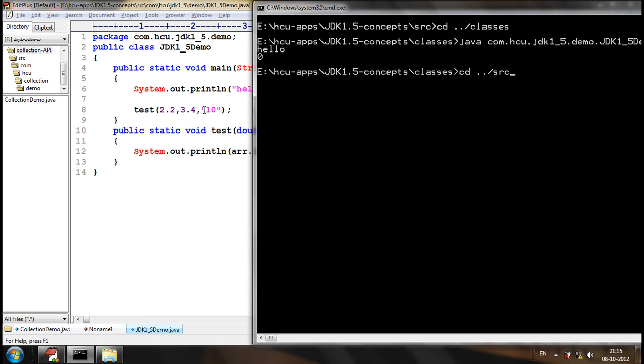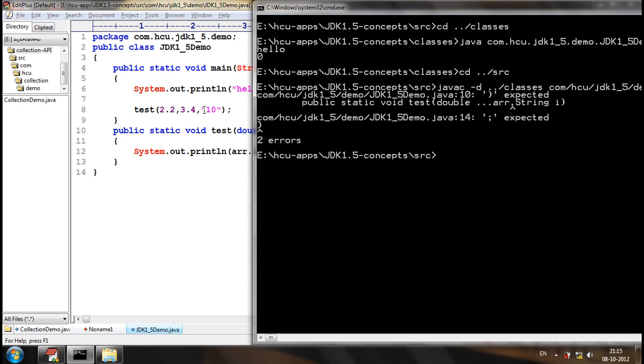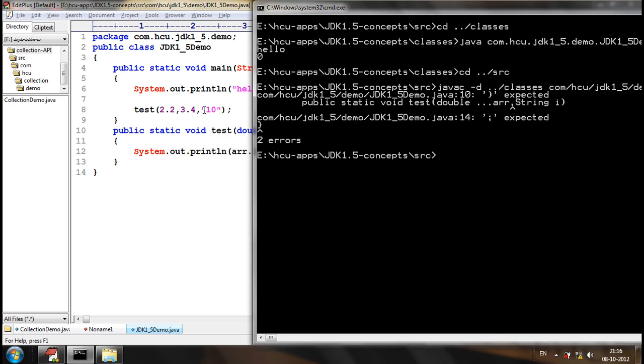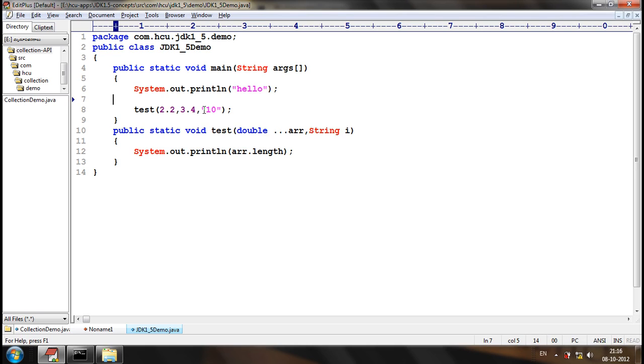The varargs should be the last argument. This is a compile time error just because the varargs is not the last argument.